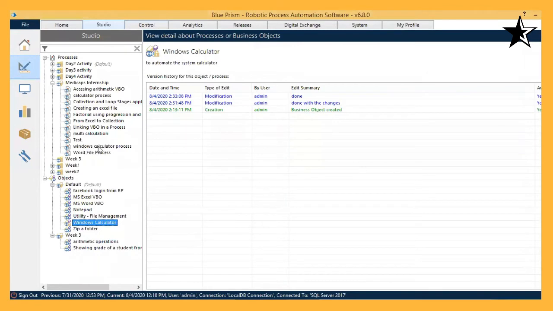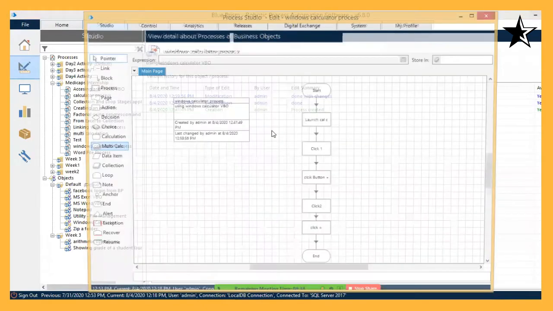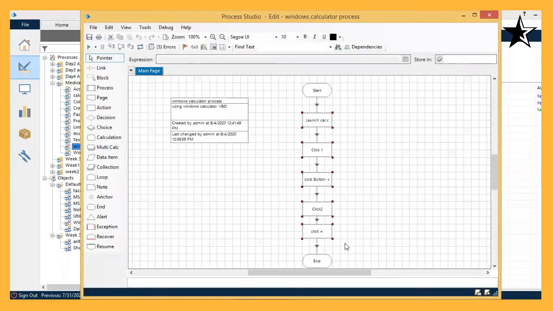Okay. Let's create a process called Windows Calculator process. I have already created a process, Windows Calculator. I just double click onto it and I simply delete all these actions. Okay. I take another action stage and another two subsequent stages. So one of the actions I am taking as launching the application.